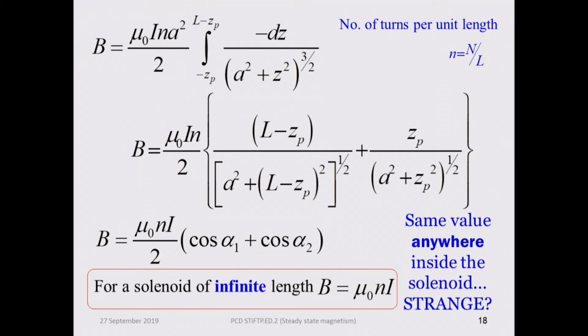It depends only on n and I and does not depend on the actual position inside the solenoid, which is in some sense a strange result. This is not what we could have easily guessed,